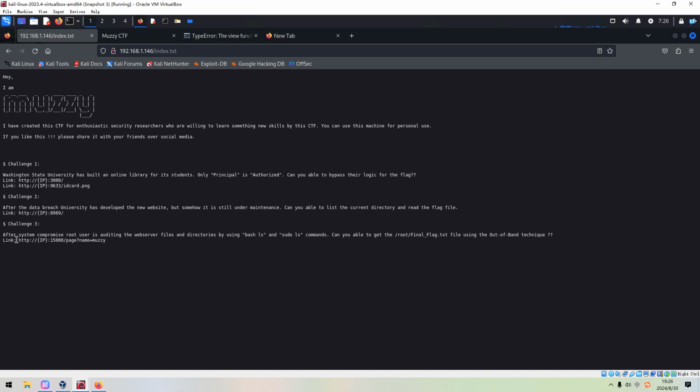And the next, after system compromise, root user is auditing the web server files and directories, and by using the bash sudo ls commands, can you able to get this? This should be the final flag.